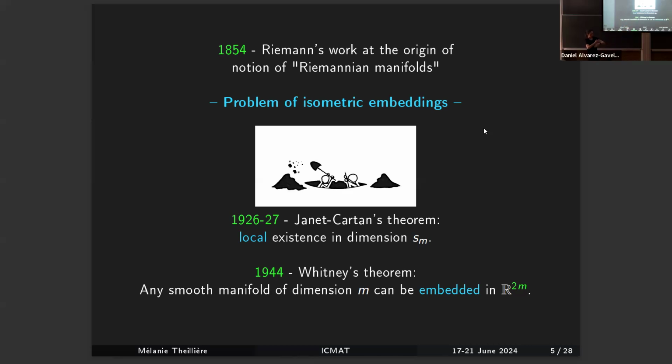Continuing in history, we have the Whitney theorem. The Whitney theorem is in fact only about manifolds, not Riemannian manifolds, so he doesn't consider the metric. Without considering the metric, just the charts, we can build a smooth manifold of dimension n and embed it in a space of dimension 2n. And the global problem resisted